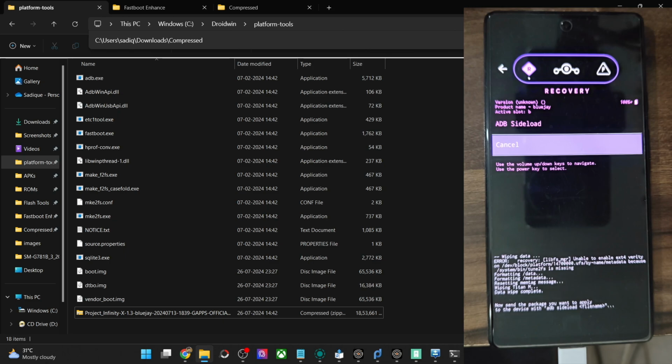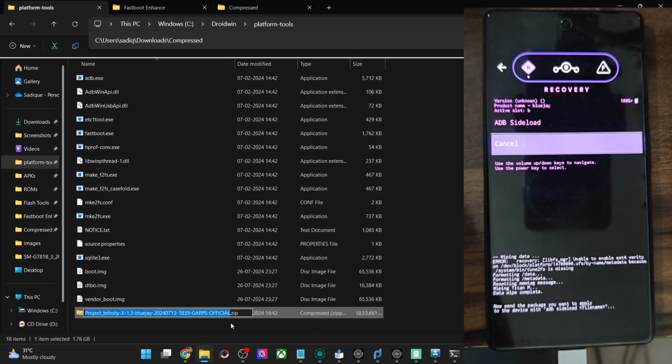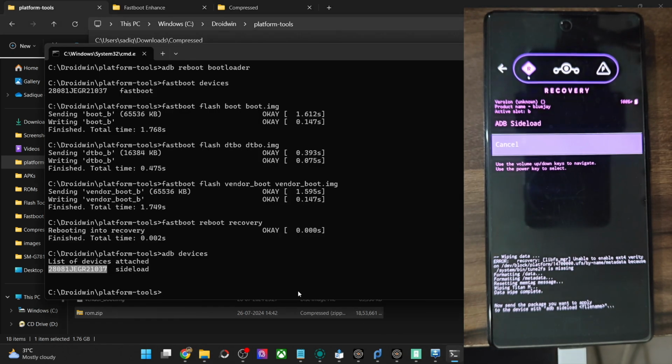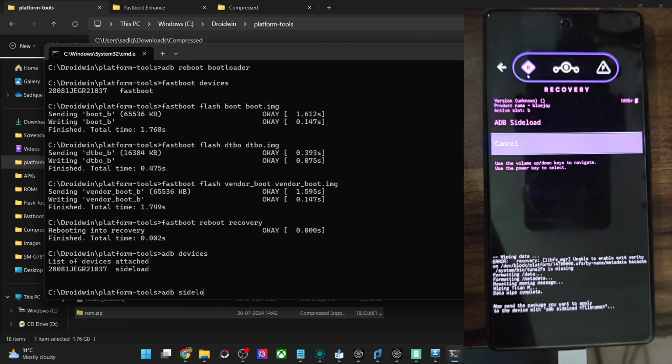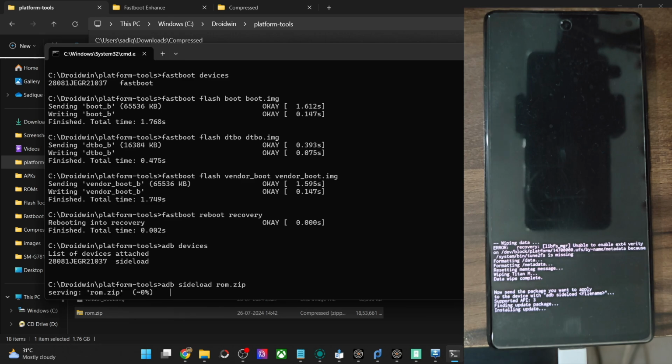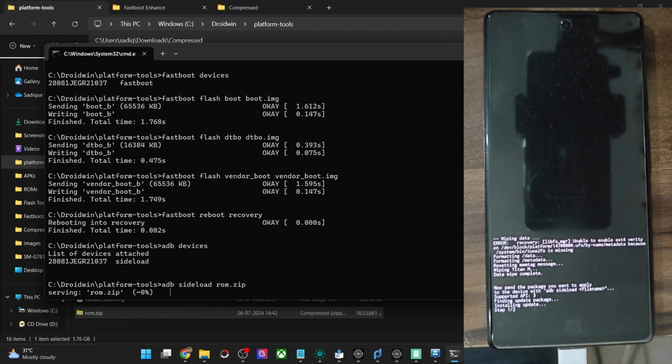For the ease of convenience, let's rename the file to something shorter. So let's rename it to ROM, and the complete name becomes rom.zip, and you will now do the sideload. So type in adb sideload rom.zip and hit enter, and the flashing will now start, which will take up to around 6 to 8 minutes or even longer, depending on the ROM which you are flashing and whether your ROM has a GApps or not. And if it has a GApps, then it will also depend on the type of GApps the ROM has.